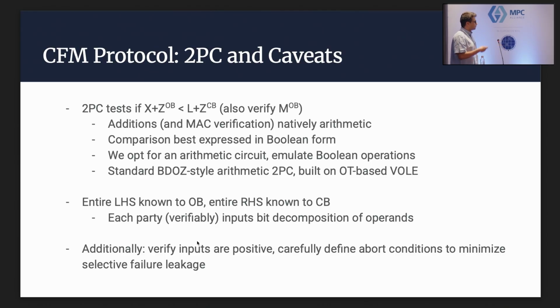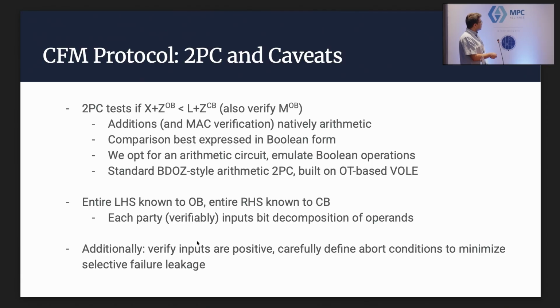And at the moment, at least for this phase of the project, this is something of a trial. So the best possible efficiency is really not on the table. We just want something that runs in reasonable time. So what we opted to do is to use an arithmetic-based 2PC. So you can think of Bedoza, in which each of the shares are mapped individually. And we compute basically authenticated Beaver triples using oblivious transfer-based vector oblivious linear evaluation, like OT-based VOLE. We basically repurposed this VOLE that we had from a threshold ECDSA signing library.